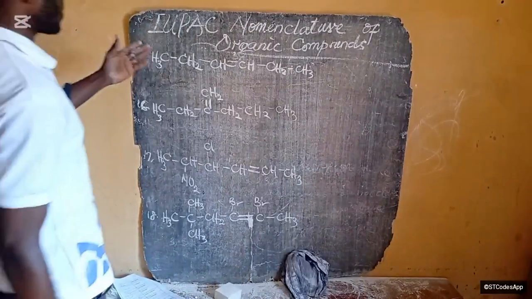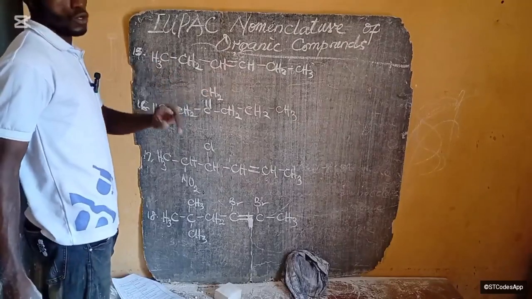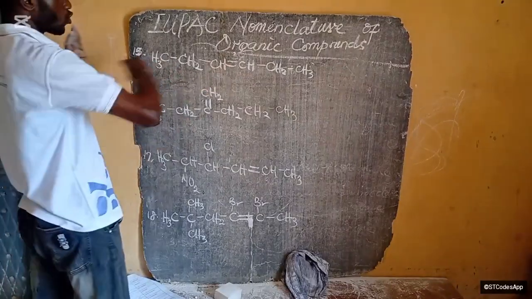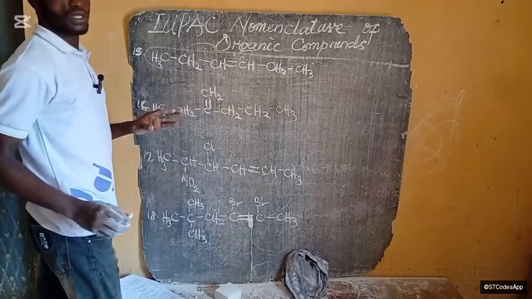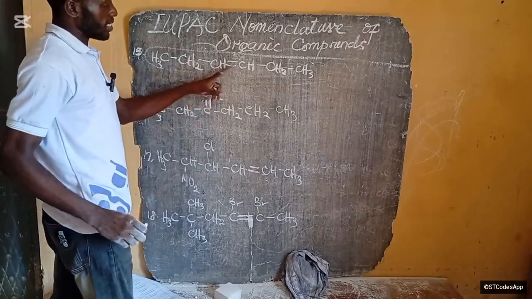Okay, so how do we name this one? Notice that there's a double bond here also. There's no substituent at all, so this is the longest carbon-to-carbon chain here. The only thing we're going to number is the position of the